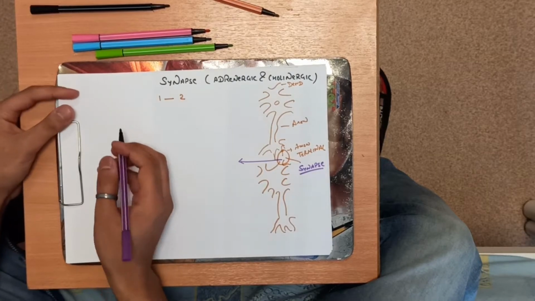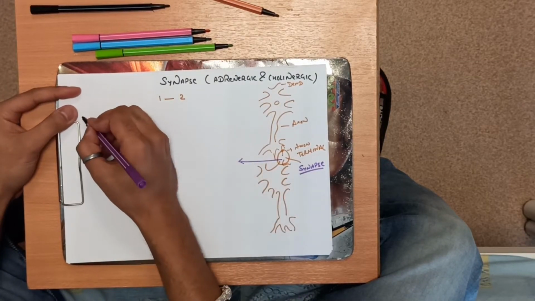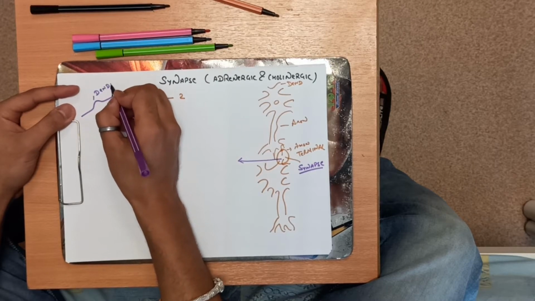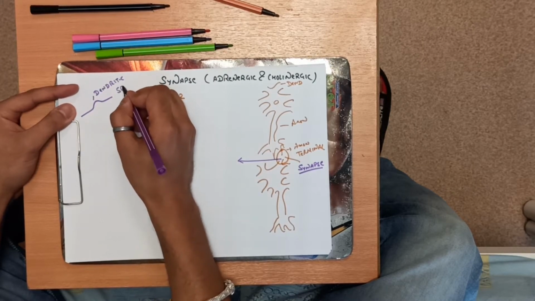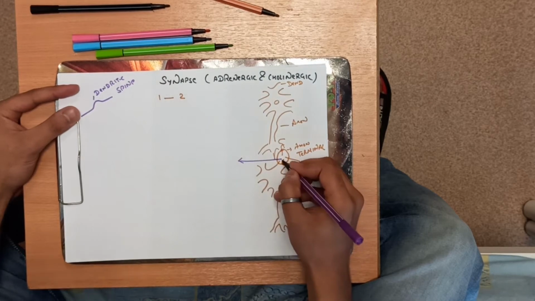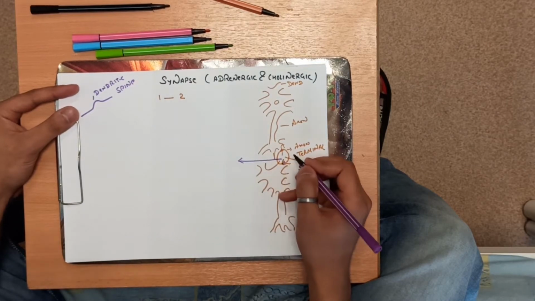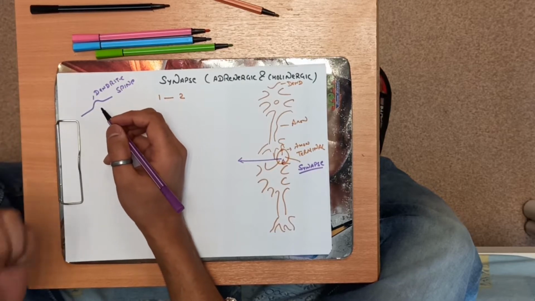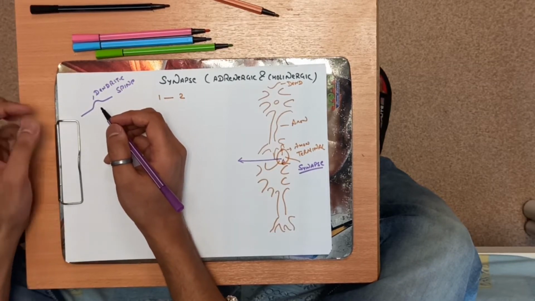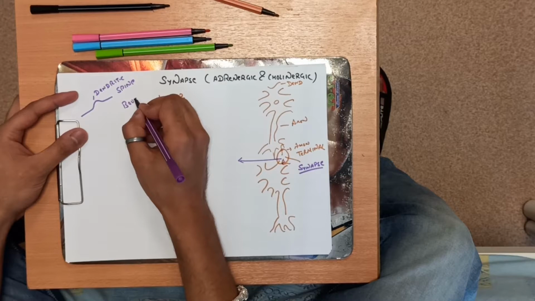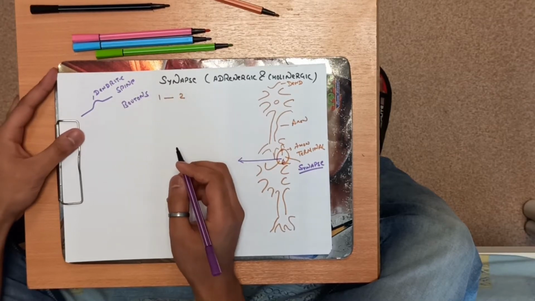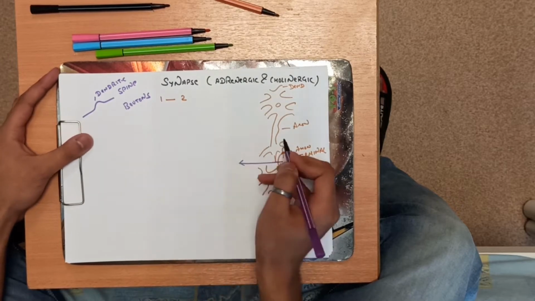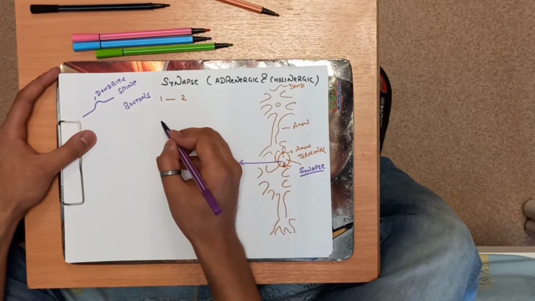First of all, let me tell you that the dendrites consist of small elevations in them. These are called dendritic spines. Somewhere here there will be a dendritic spine, and the axon terminal consists of small swelling-type things which are called boutons, B-O-U-T-O-N-S. So now, as there is synapse between the two neurons, here I will be making the axon terminal of one neuron.